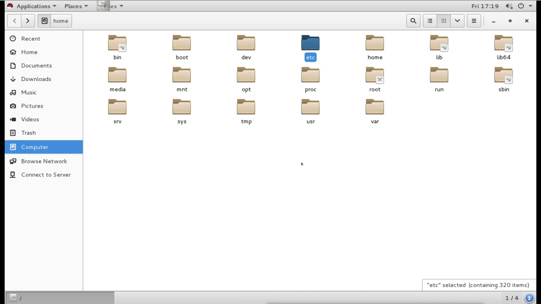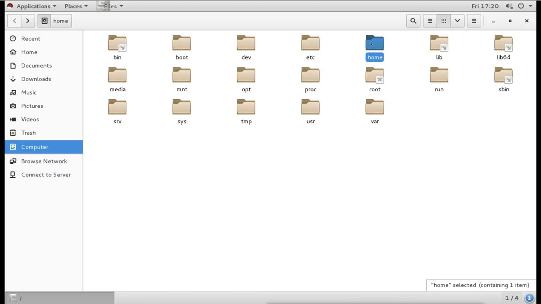Now all those configuration files are stored in this directory. Then this home directory is for the normal users' home directories. When we create normal users, their home directories go into this home.